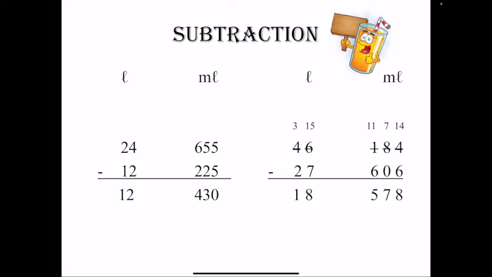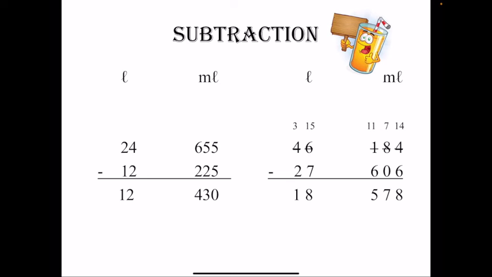Now moving on to the liters column. Now you have only 5 there, and you have to subtract 7 from it. So what will you do? You cannot do it. So this 5 will borrow 1 from its neighbor. Its neighbor will give 1 to that, and because there is already 5, so it will become 15. And now you can easily subtract 7 from 15. So 15 minus 7 is equal to 8. Simple subtraction, no problem in that. Okay. Now the last column which is left, we have 3. So 3 minus 2 is equal to 1.